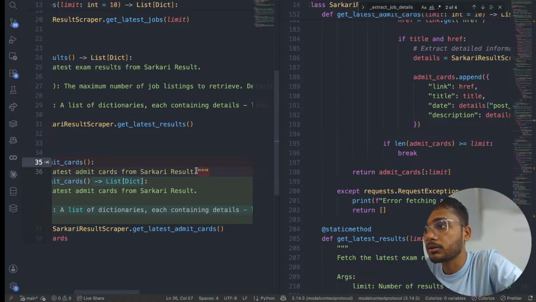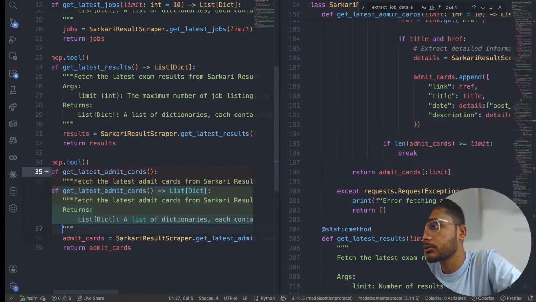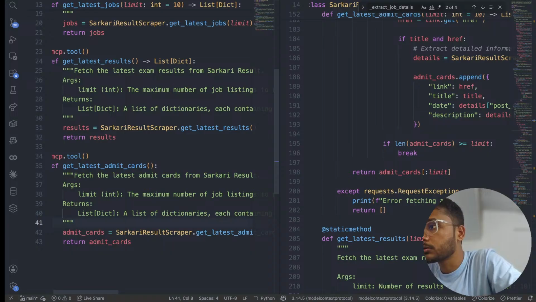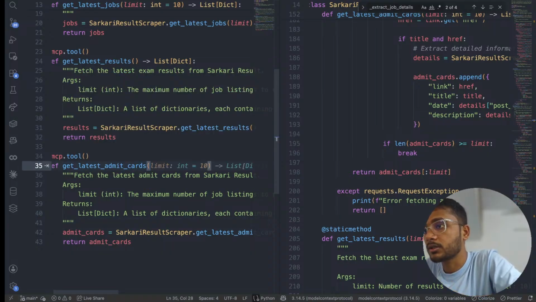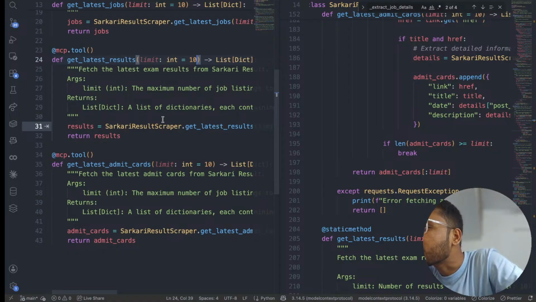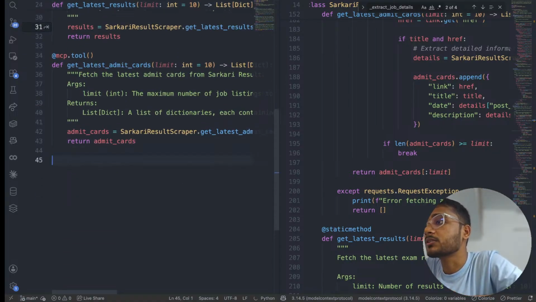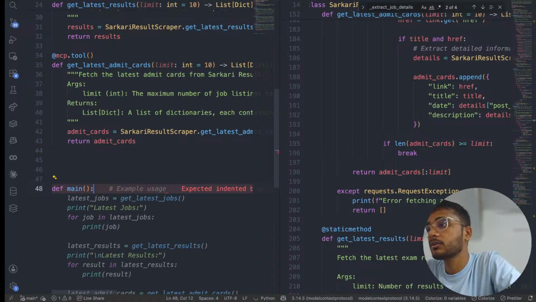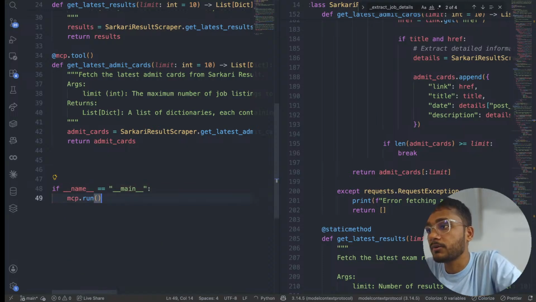But we have limit, right? What the heck? And here we are going to pass limit and dict 10. Wow, superb. Limit and 10. I think I did all the things that are required here. So we have created 3 MCP tools and define main, no, I don't want to list it, bro. I will just use if name, mcp.run